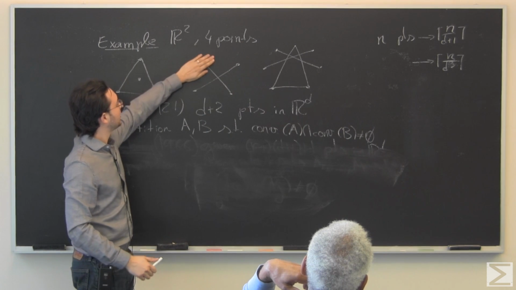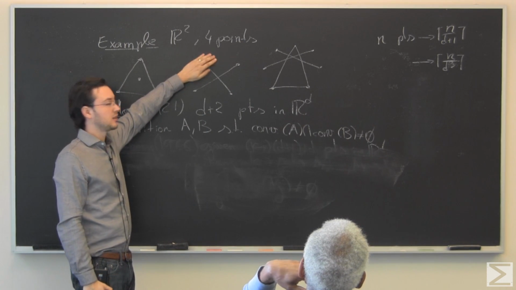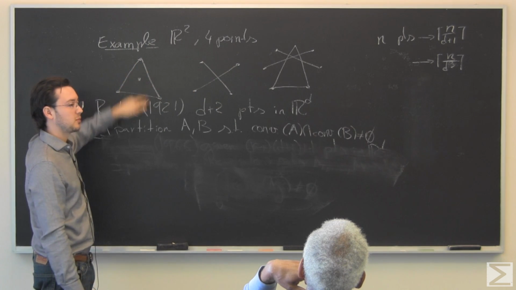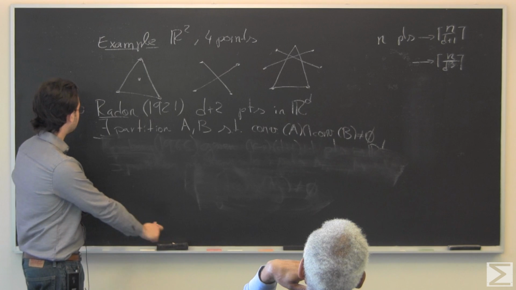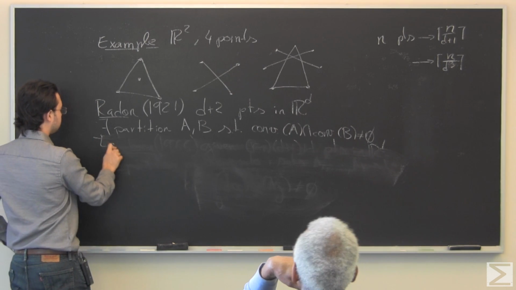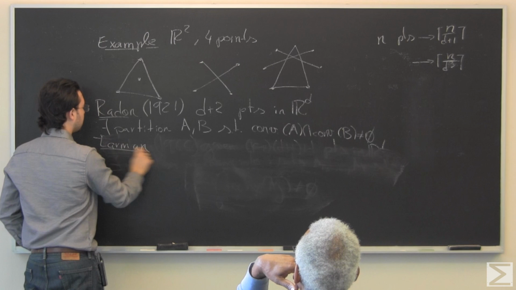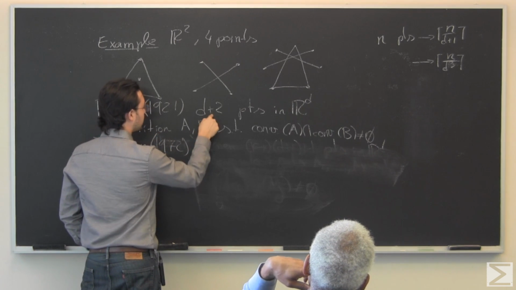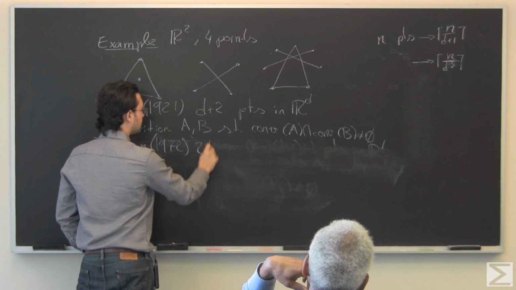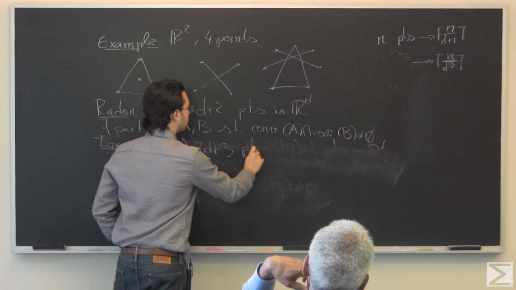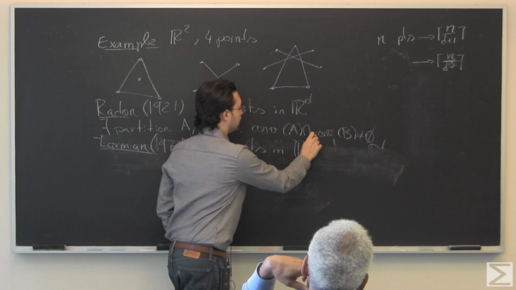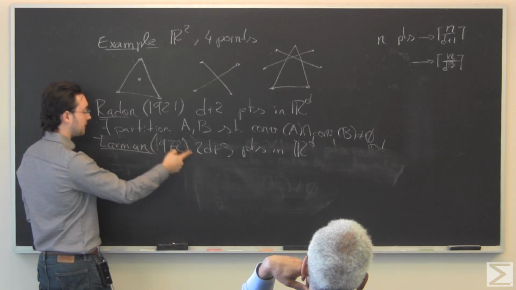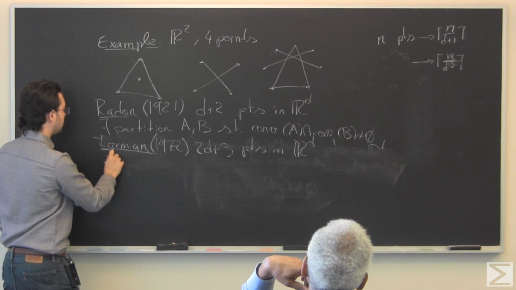But if I erase any of the points, it sort of breaks things down, right? You have a segment and a point, or maybe a triangle by itself, or a segment and a point. Things stop working. So what he proved in the 70s is the following: now instead of giving you d plus 2 points, I'll give you 2d plus 3 points in R^d. Okay? So what you get is that if I give you this many points, there is a partition